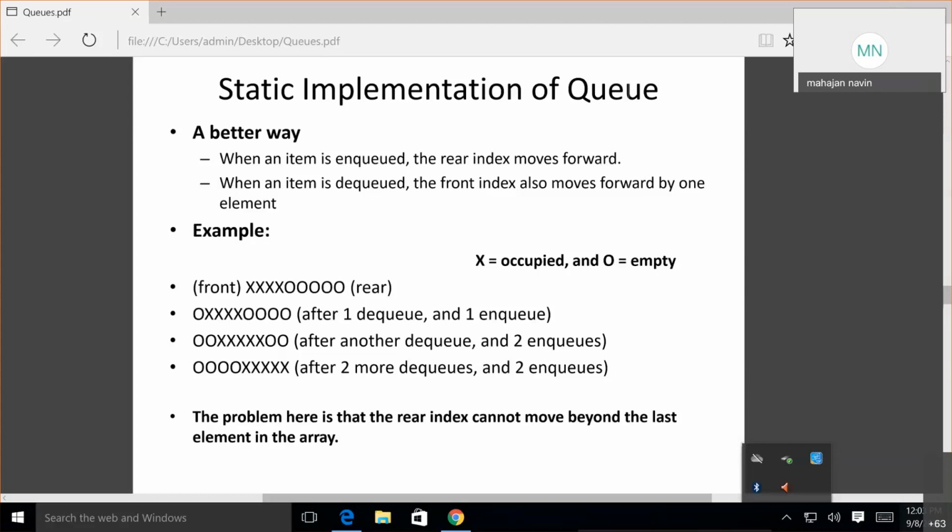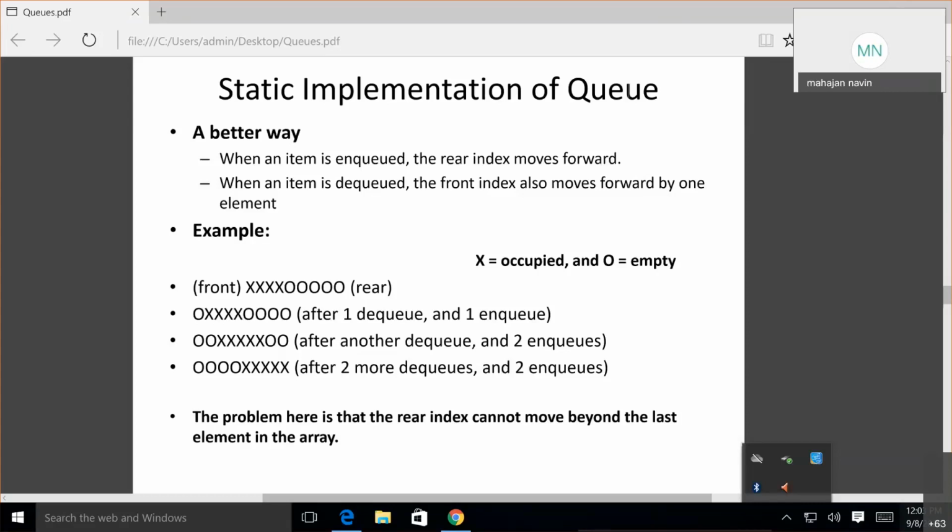Sir, the screen is paused. We can't see anything. You can't see any screen? Okay. What happened? Now the screen is visible. No, sir, it's showing static implementation of queues. Okay. Now I'm marking on the screen this red thing.